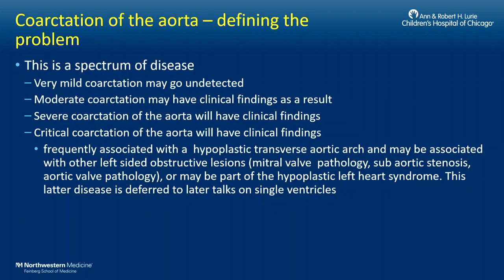So it's a spectrum of disease. We can have very mild coarctation that's undetected. Moderate coarctation may have some clinical findings. Severe, really, they're going to have clinical findings. Critical, for sure. And critical coarctation is frequently associated with hypoplastic transverse aortic arch,